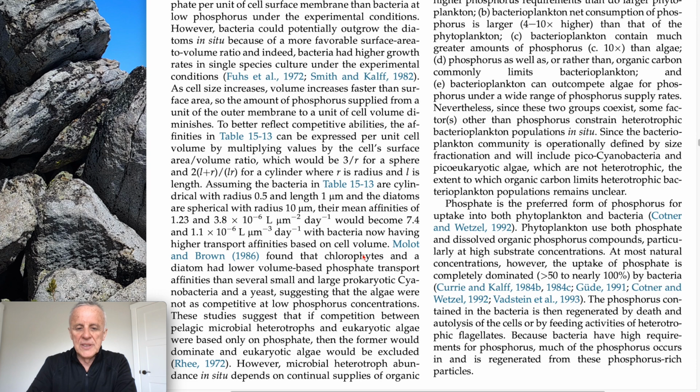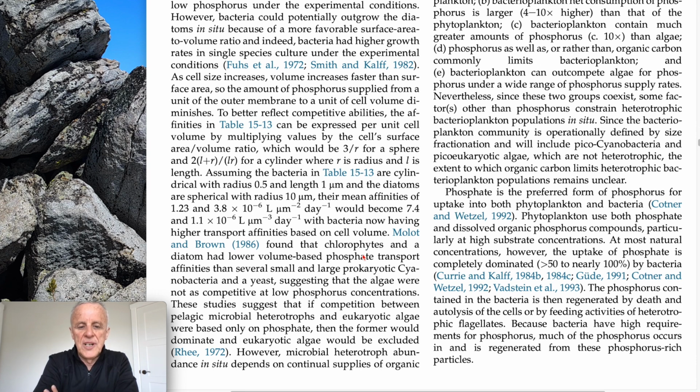As cell size increases, volume increases faster than surface area, so the amount of phosphorus applied from a unit of the outer membrane to a unit of cell volume diminishes. To better reflect competitive abilities, the affinities in Table 15-13 can be expressed per unit cell volume by multiplying values by the cell's surface area divided by the volume ratio, which would be 3 over R for a sphere and 2 times (L plus R) over LR for a cylinder, where radius is R and L